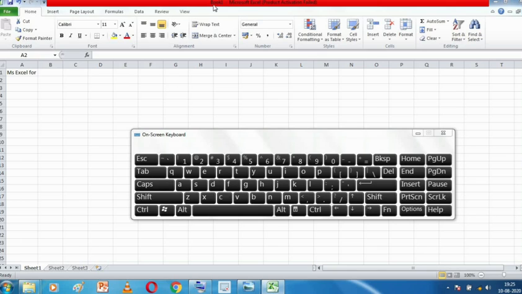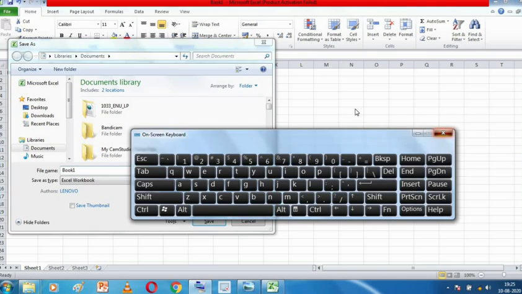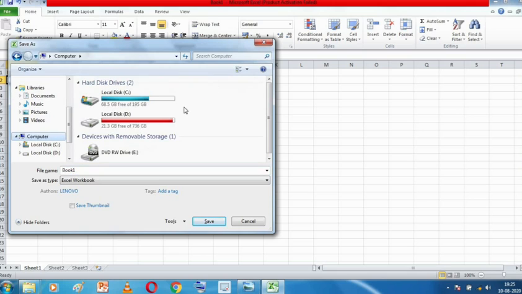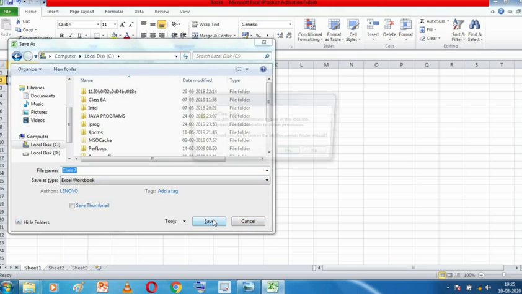And there is one more shortcut option of Ctrl plus S. If I press Ctrl plus S, the Save As dialog box has arrived, and it is showing My Documents. If you want to change the folder, you can come over here, and then you select the desired folder where you want to save. This time I am going to do it in the C drive, and then give a name over here. Suppose I have given class 7. Save as type will be Excel Workbook only, and then click on the Save option.